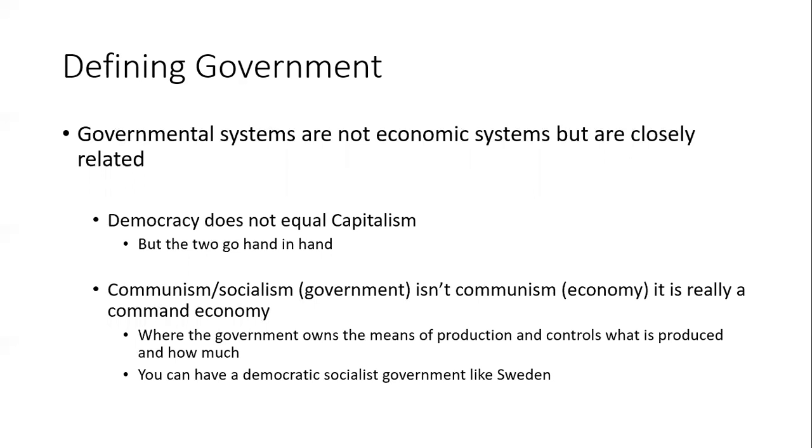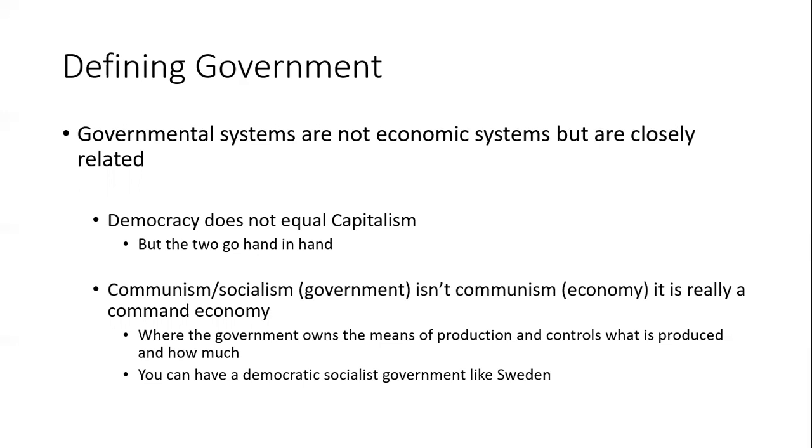Defining government. Government systems are not economic systems, but they're typically closely related. The book spends a couple of pages talking about the idea of capitalism and socialism or communism. It's important to draw a distinction that democracy and capitalism are not the same thing, although they kind of developed hand in hand, and in a lot of ways are probably pretty good twin brothers,